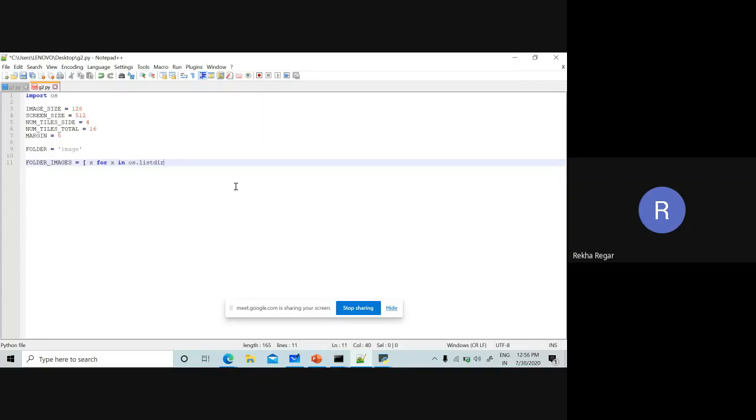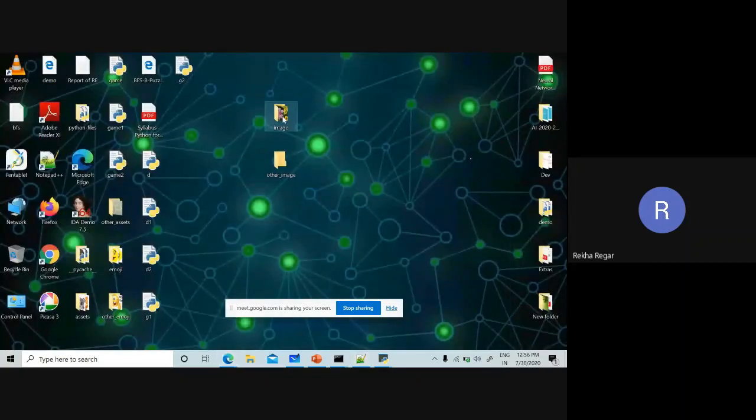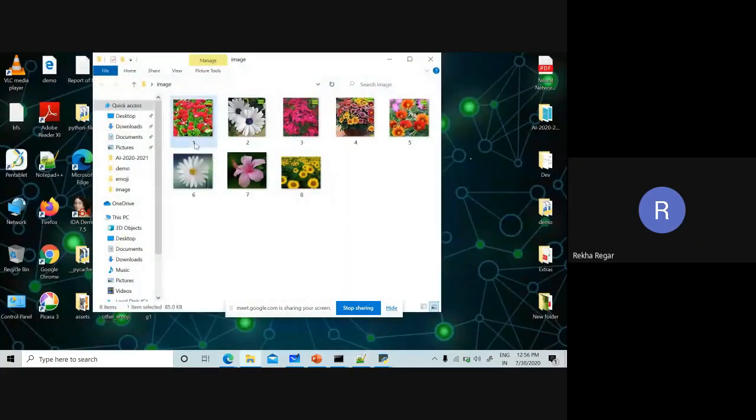So we are going to take values of the folder. os.listdir, and whatever the folder we have, we look at the last name. Suppose this is 1.png, this is 2.png, this is 3.png, this is 4.png.